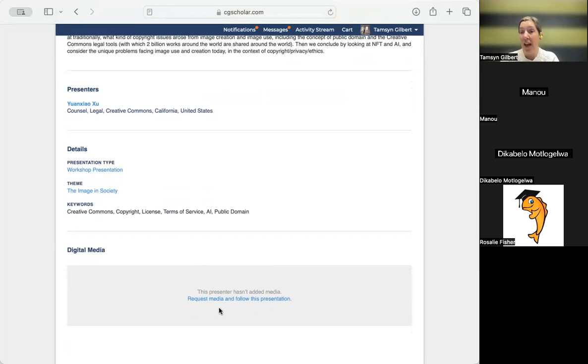You can go ahead and request that digital media by clicking this link here. What will happen is you will automatically follow that presentation. The presenter will receive an email saying someone's interested in viewing your digital media, please upload it. And then once they do upload it, you as the requester will receive an email as well saying,